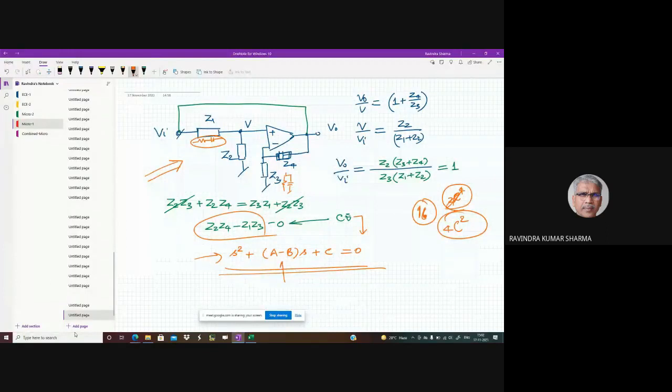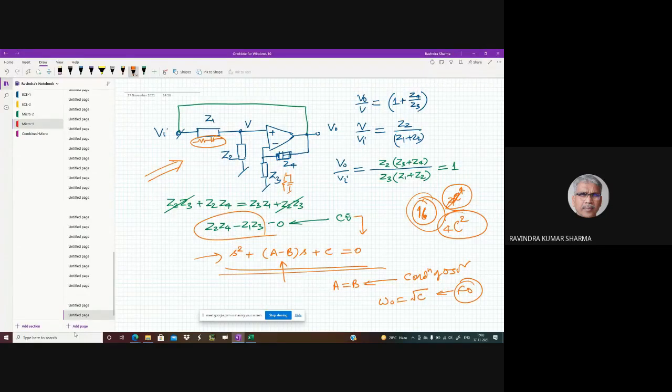जब एस का कोफिशिएंट डिफरेंस टर्म आएगा। दैट डिफरेंस टर्म विल गिव यू कंडीशन ऑफ ऑसिलेशन। A equal to B is what is called condition of oscillation, and if that is satisfied, then omega naught will be under root C. Is that okay? The frequency of oscillation. So please find out इस 16 में से कितने ऐसे हैं जो एक तो हमने पूरा एनालाइज करके बता दिया, बाकी फाइंड आउट करो कितने इसमें पॉसिबल छुपे हुए हैं वीन ब्रिज ऑसिलेटर के सर्किट।